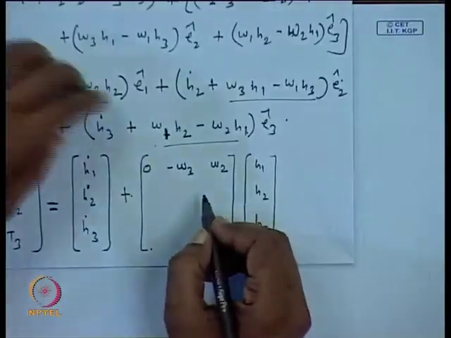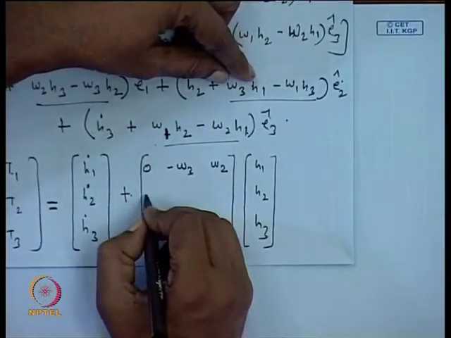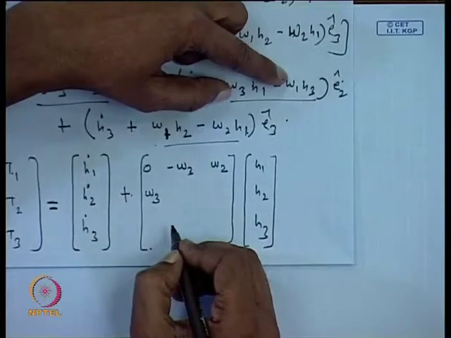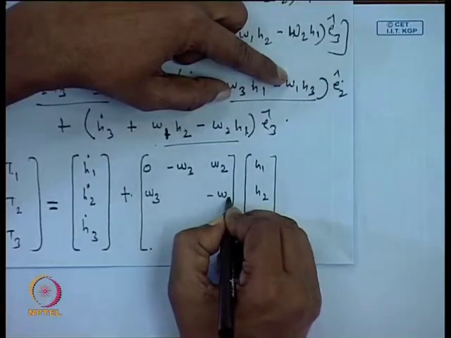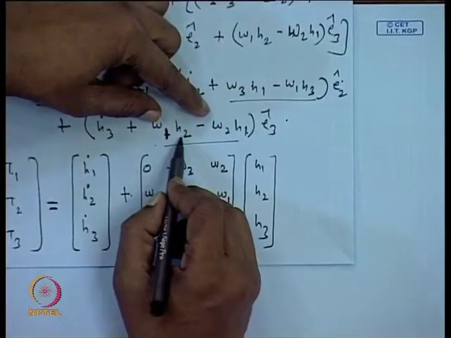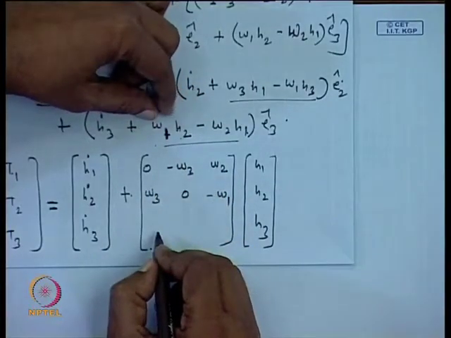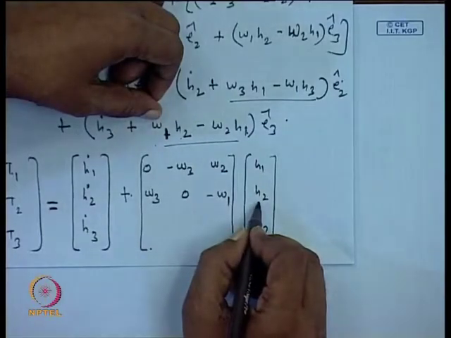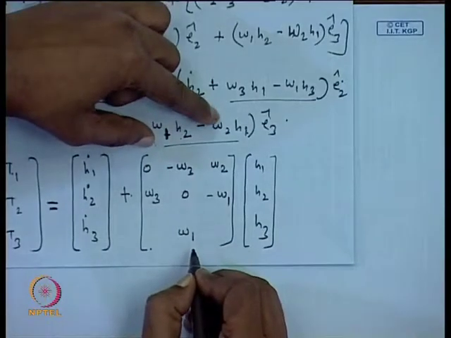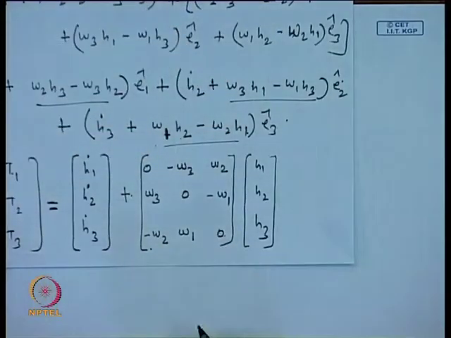Similarly, we can take the next term here. So, next term is H 1 times omega 3, okay, and minus omega 1 times H 3. So, omega 1 will come with a minus sign and here we will have a 0. Next we take this term. So, this is related to H 2. With H 2 we have the omega 1 term present, okay, while with H 1 we have the minus omega 2 term present. So, we represent it in this format.